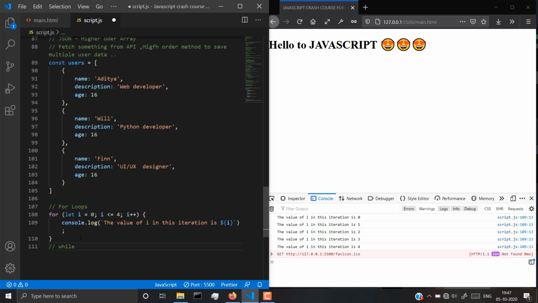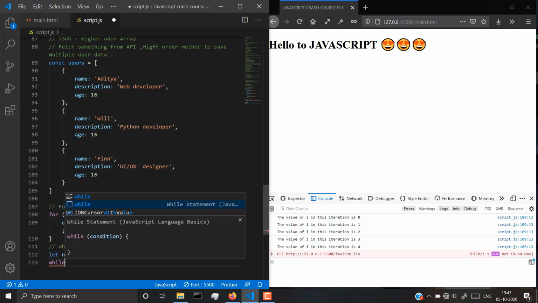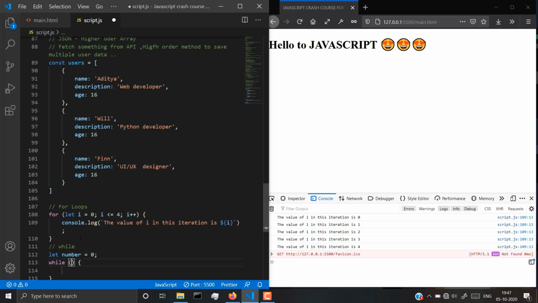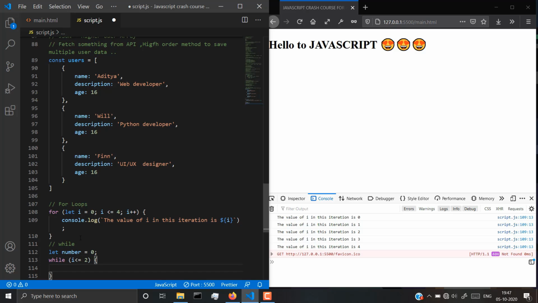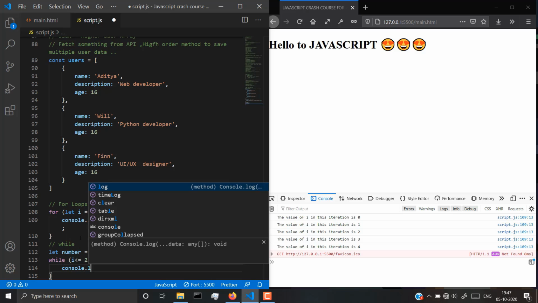Okay, so now let's talk about the while loop. In while loops you need to first define a variable. Let's do something like number. You could put anything you want because this is a variable, but generally people use i because this denotes index. That's the reason why I'm also using this. Now you could also use a while statement. So now you could put the condition that i is smaller than or equal to 2. So we need to put console.log